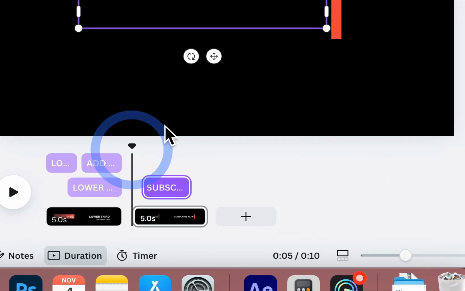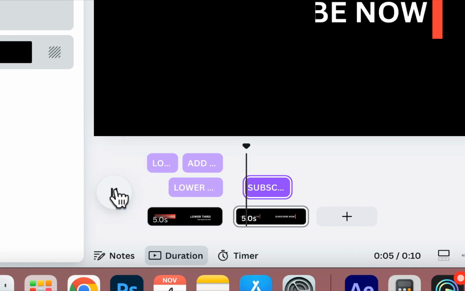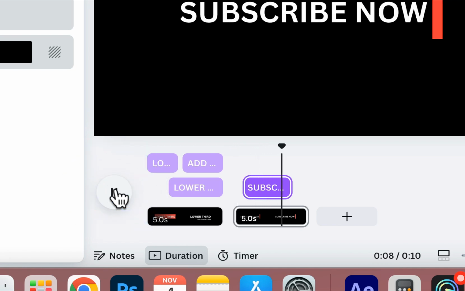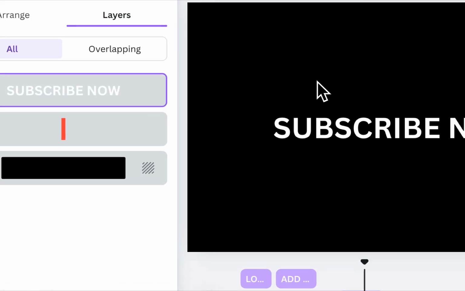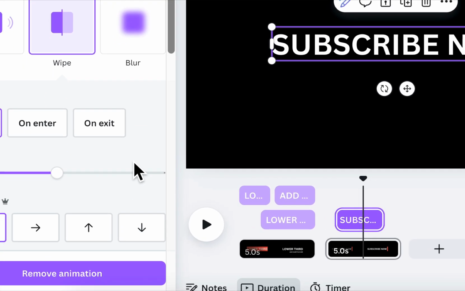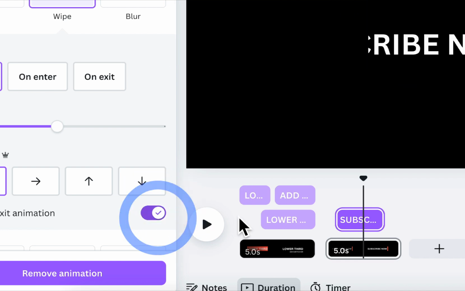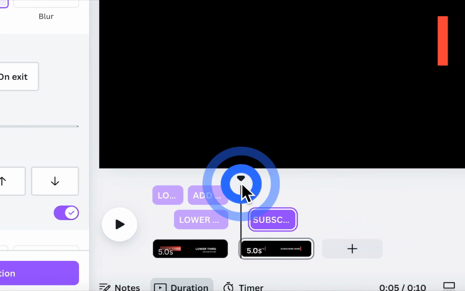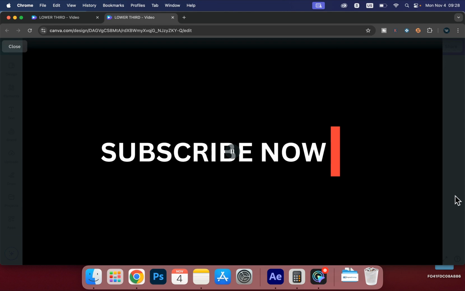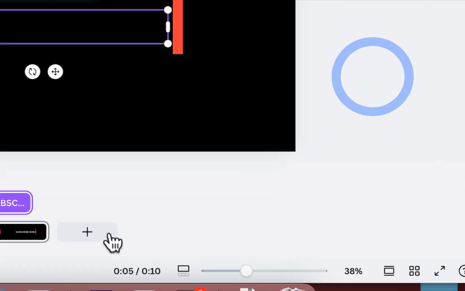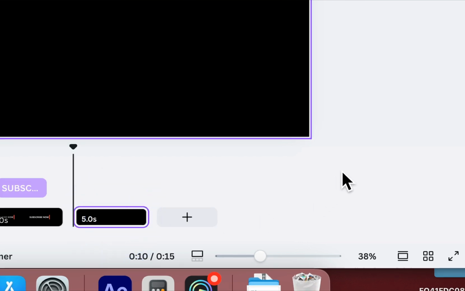So let's see how it looks. So if we play, okay, so for our subscription we can just change the animation text on exit to reverse. So now it will look more beautiful. If we check, you can see this is our first animation and this is our second one. That's it. Now we'll be doing the third one, so just create a new page,